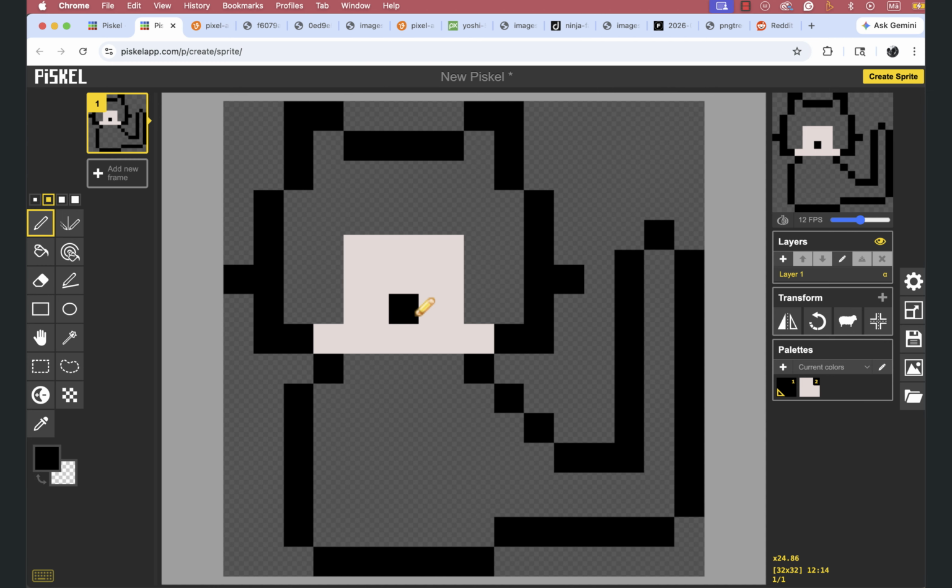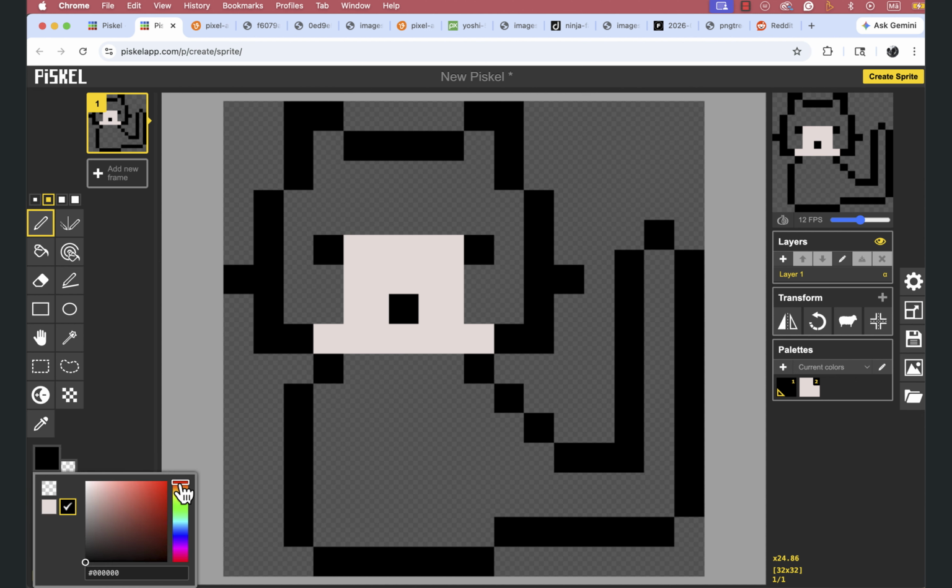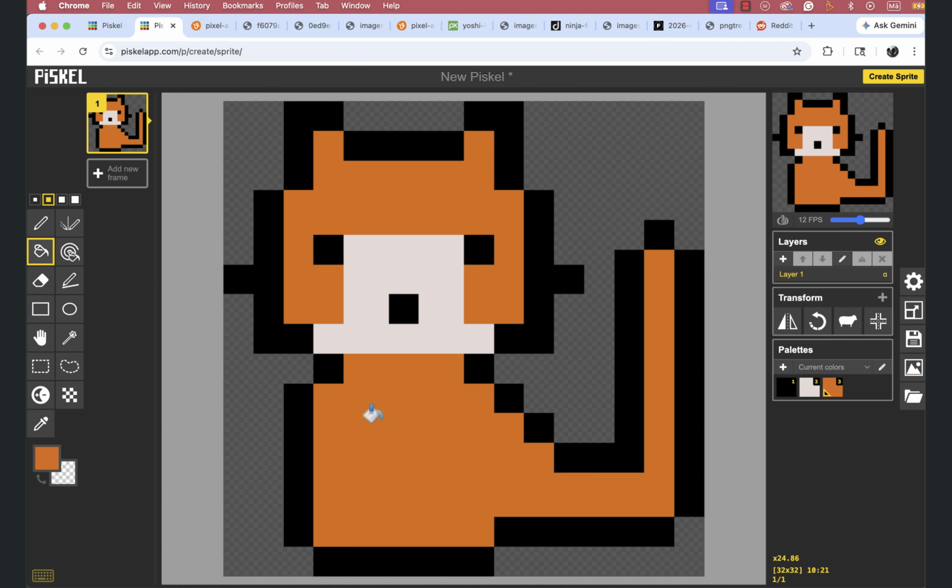I'll just bring that down a wee bit, stick in a couple of eyes, and now I'm going to pick a color for it. So I'll pick something that's a bit more of a orangey color, and again this I know is B, so I'll just hit B for the paint bucket tool and fill the colors in. O for the eyedropper,